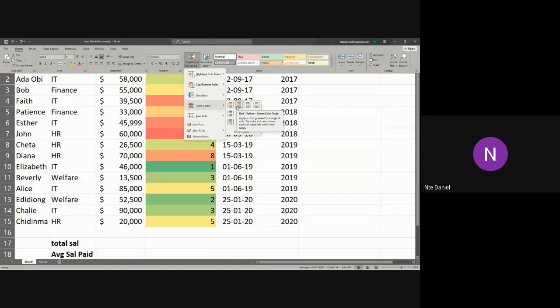Now, if I were to ask you guys, what does green stand for, by the way, generally? What does green stand for? The color green, what does it entail? If you see green somewhere, what does that mean? Because understanding colors and their meanings is very important when you're working with things like conditional formatting and all of that, right? Beverly,